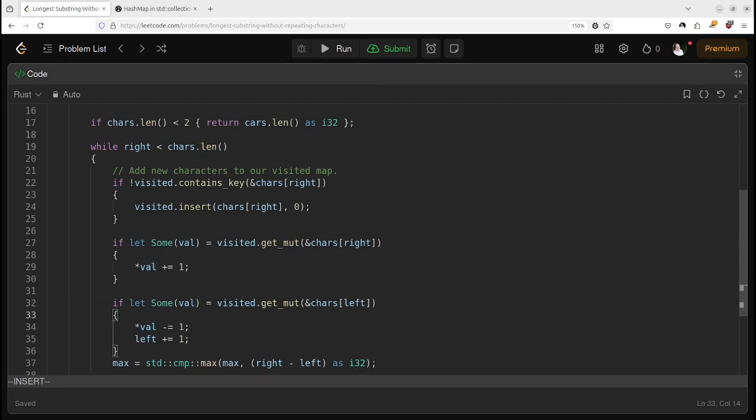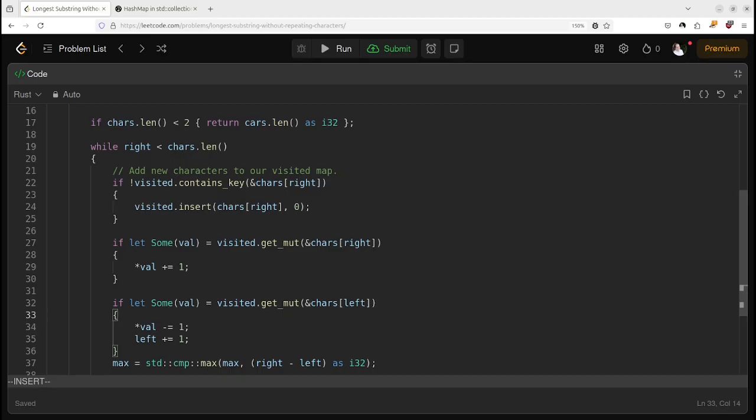Okay, but now we gotta do that in a loop. So while, oh, but that's 2 different values because we have to keep an eye on the right-hand side and say, hey,